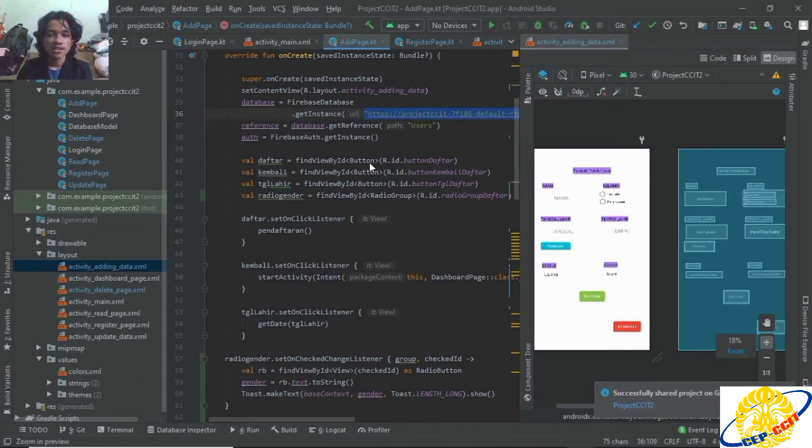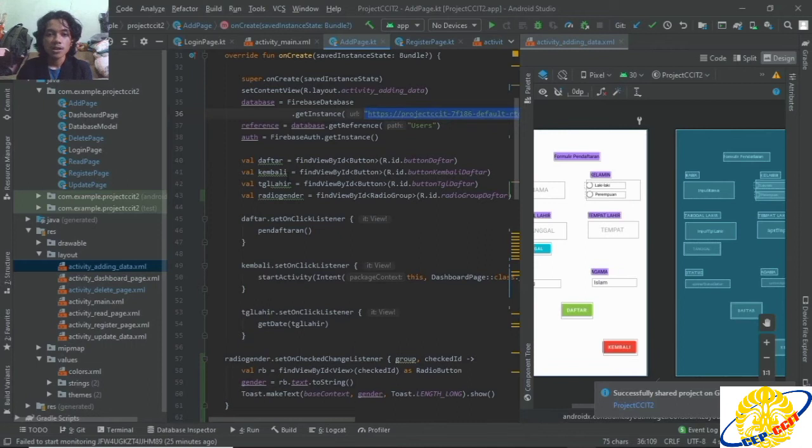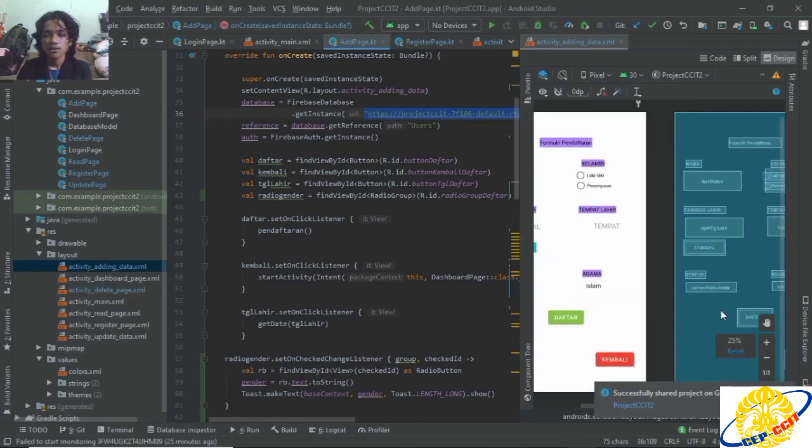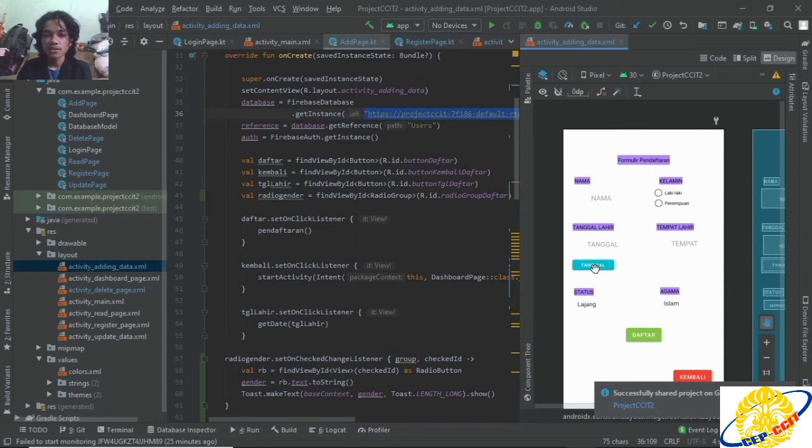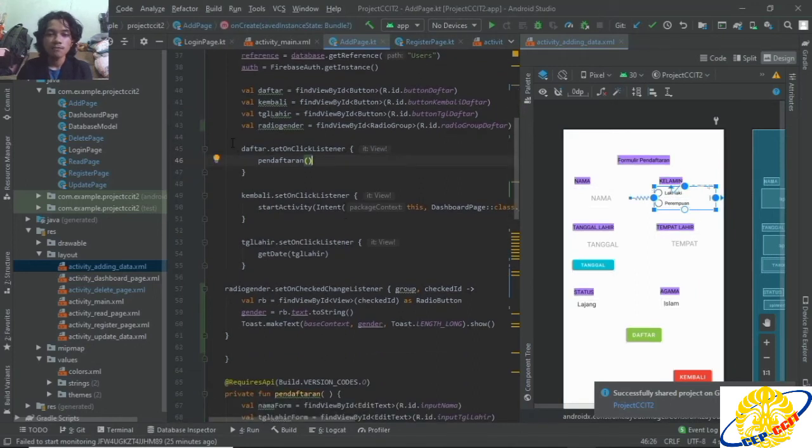Page for registering, for button register, back for button back. The birth date is for this button. You can see in here this button, and radio gender just for this to get their value. Okay, we have four set on click listeners and three set on click listeners and set on change